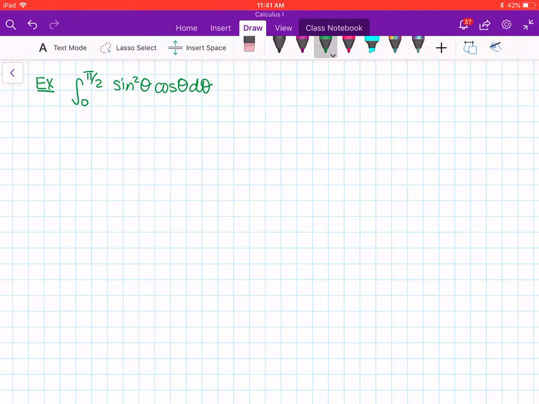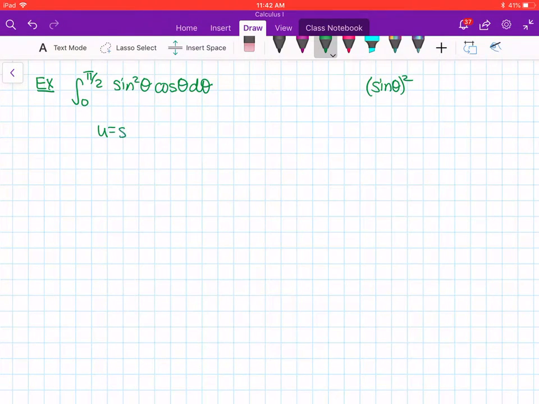Alright, so what is the thing that's giving us the most trouble? Well, if it was sine squared theta, we wouldn't be able to integrate it. So that's the thing that's giving us the trouble. If it was just cosine theta, we would be able to integrate it right away. So what we're going to do, especially since we can write sine squared theta as sine theta squared, we're going